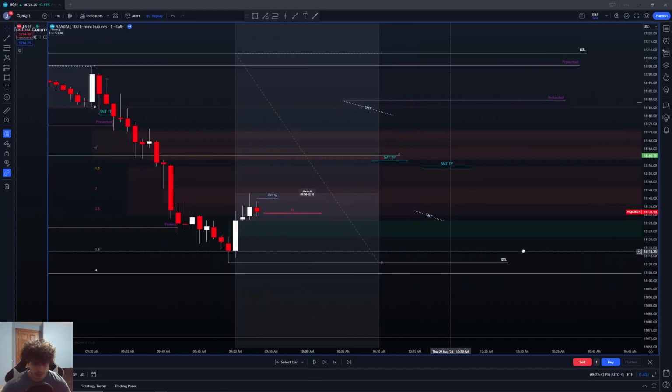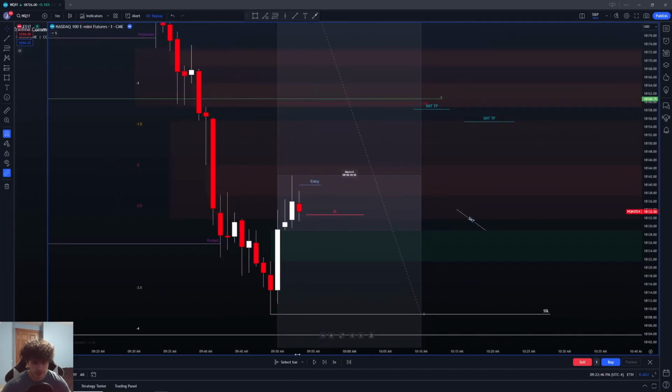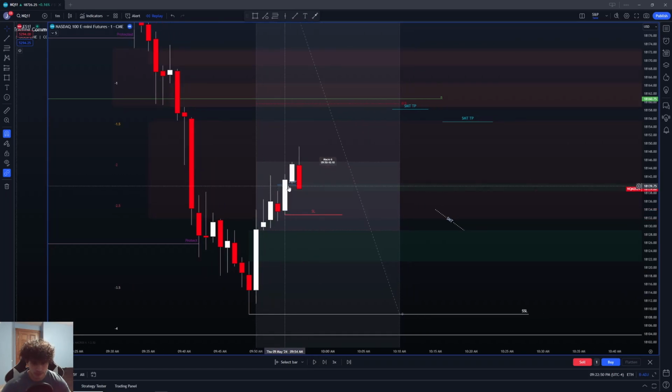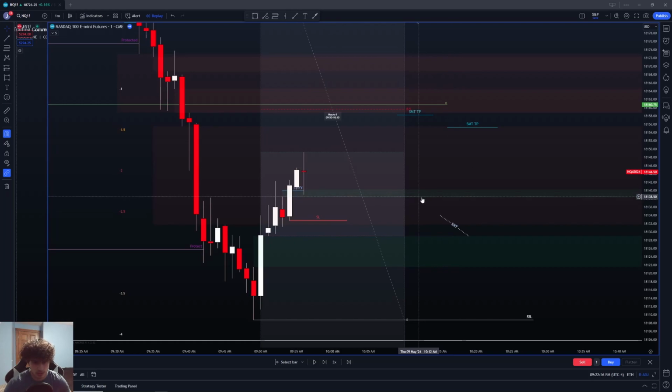Get a little displacement up. Now I want to see what fair value gap we tap into. So create another fair value gap right here. We tap into it, respect it. This could be an entry. Stop loss at the bottom of this candle. This would be a